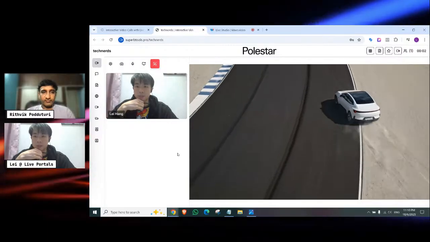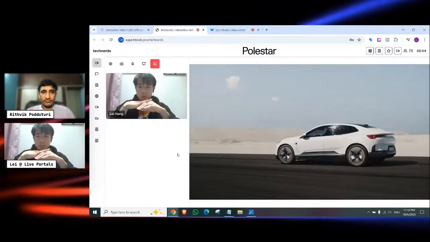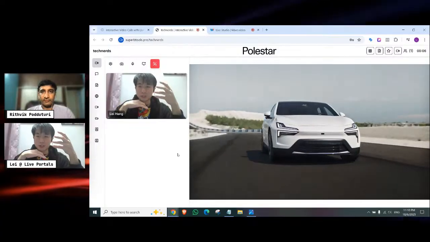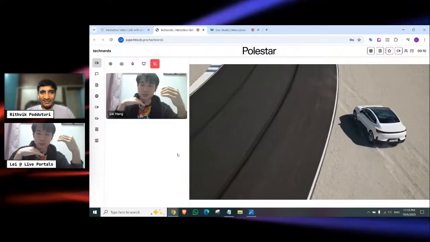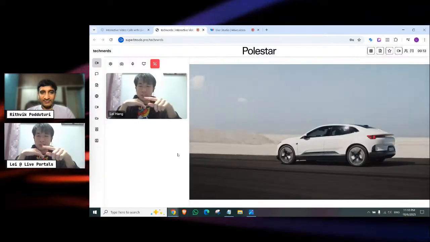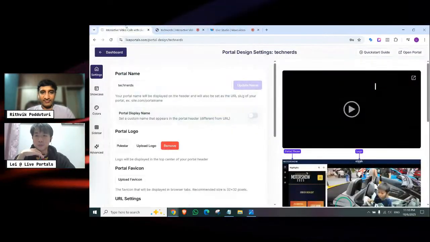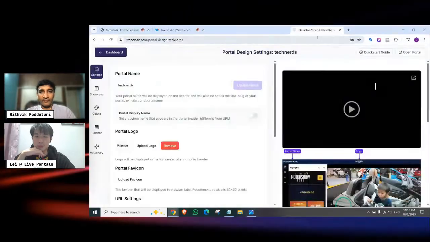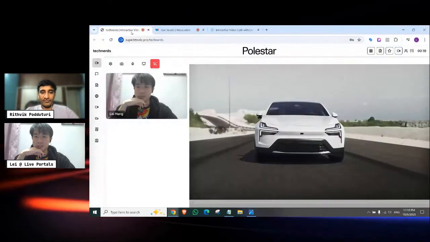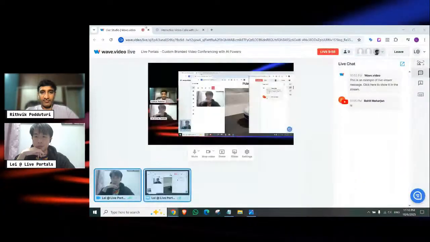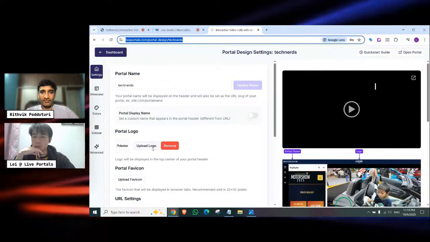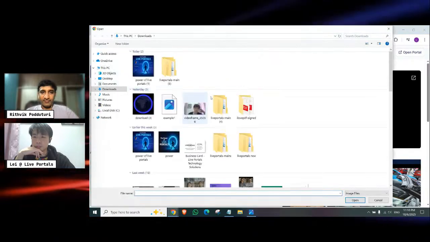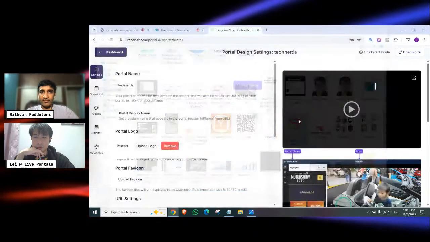Okay, so done. We've just created a portal in less than 1 minute, because I was doing a lot of talking, but it's actually in less than that, because we have templates already built out for you. So all you have to do is replace, change the colors and everything. The first thing you might want to do is change the logo. So, for example, if I want to change it to this,